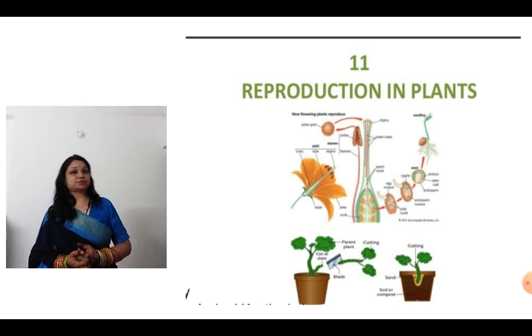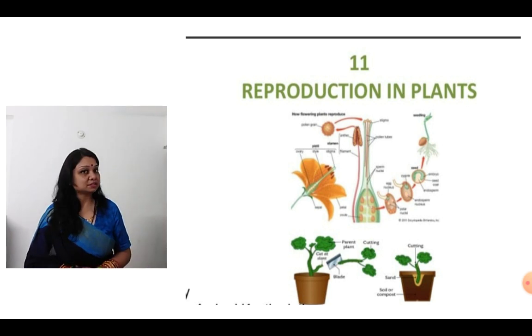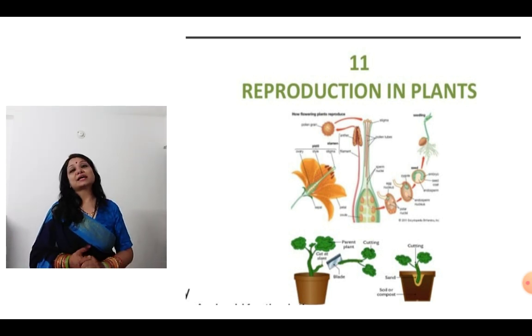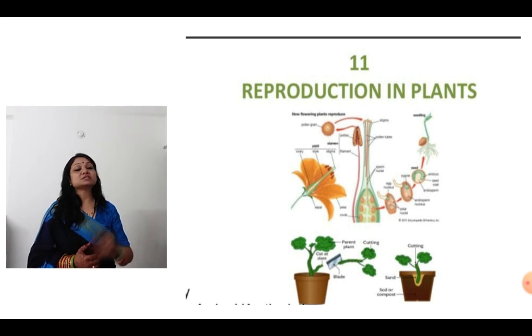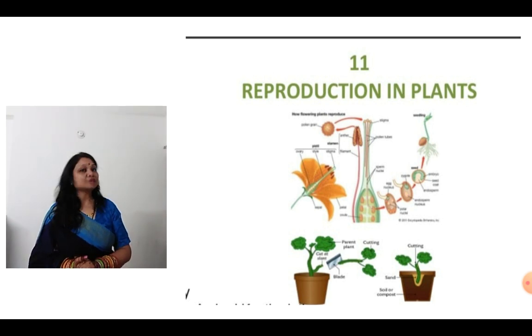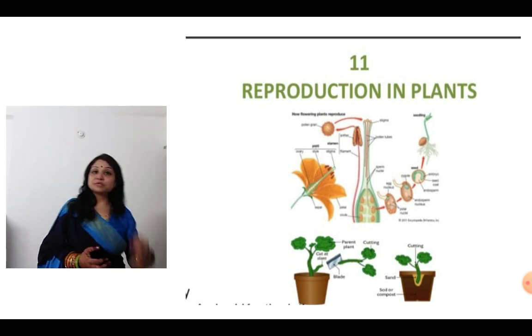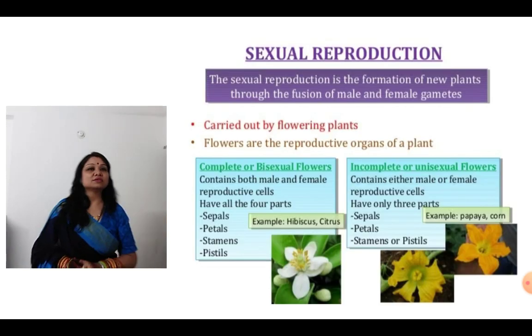Students, in our previous video we discussed the artificial methods of reproduction in plants. So far we have discussed the modes of reproduction, that is the asexual mode and the vegetative mode of reproduction, and these artificial methods also, and I hope you have tried many of those methods. Now from today we will start with sexual reproduction in plants, meaning when two parents are involved.